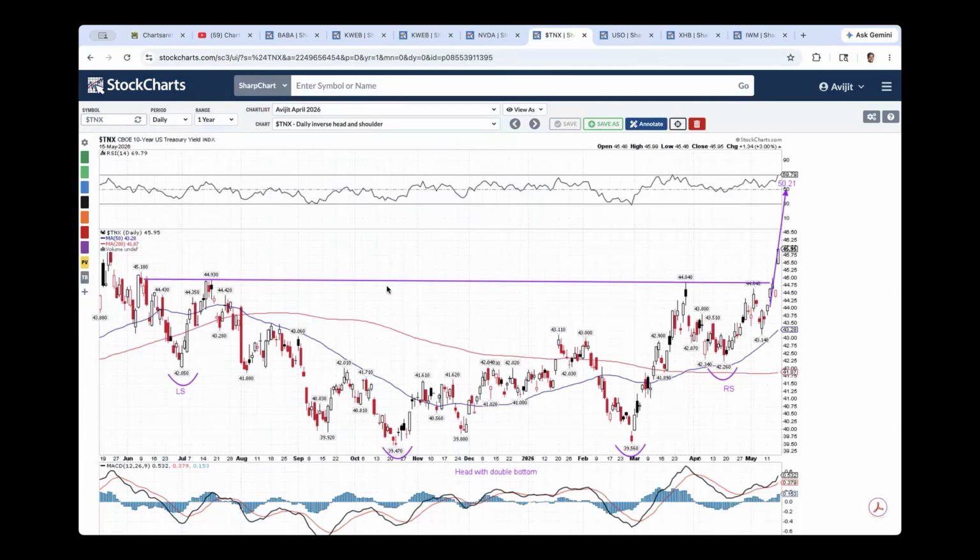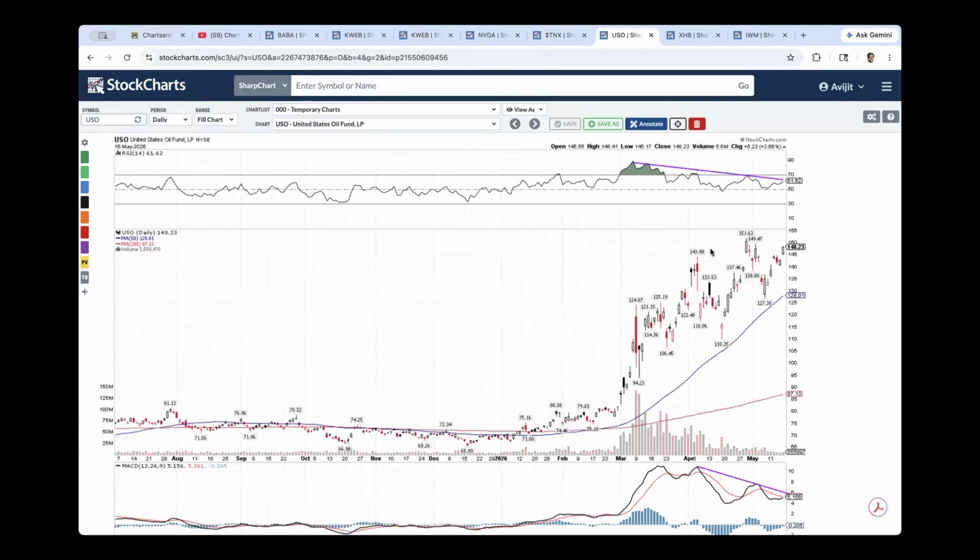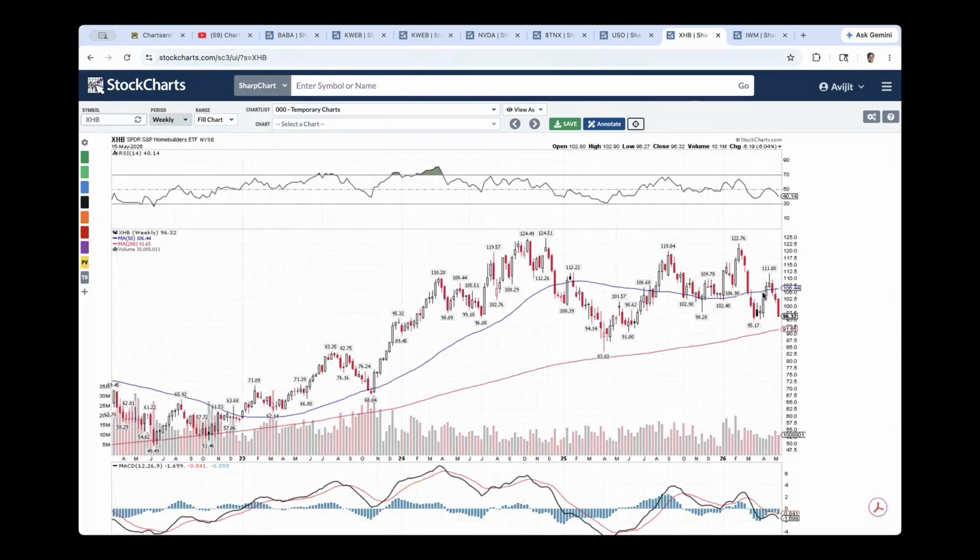10-year yields broke out of a key inverse head and shoulder pattern. That breakout measures to 5.02%. We closed near 4.6%. So another 40 basis points or so additional climb for the 10-year yield. That said, the oil prices, this is the oil ETF USO, are showing topping signs, and maybe a last spike could be what we're setting up for. From there, maybe a pullback is possible in the oil, which could help with the inflation, could help maybe with the treasury yield climbs.